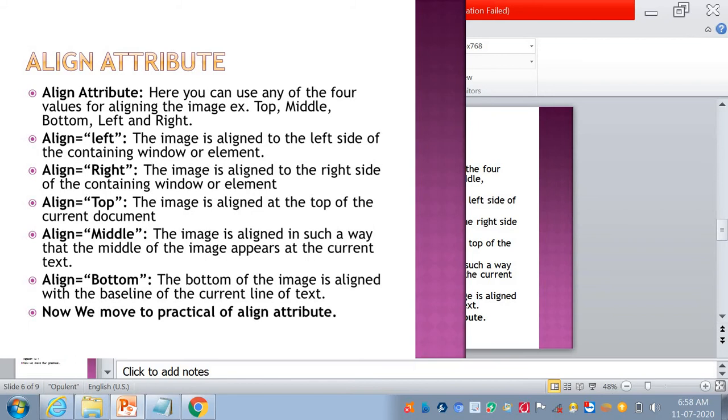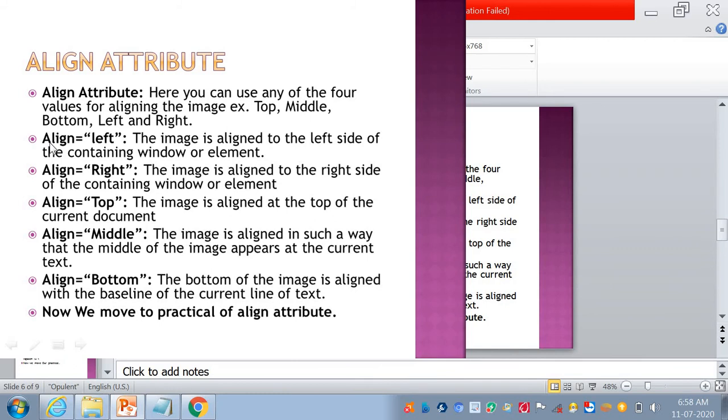So for the align attribute, you can use any of these values to align the image: top, middle, bottom, left and right. With the use of the align attribute, you can set your image on the top side, middle side, bottom side, left side and right side.